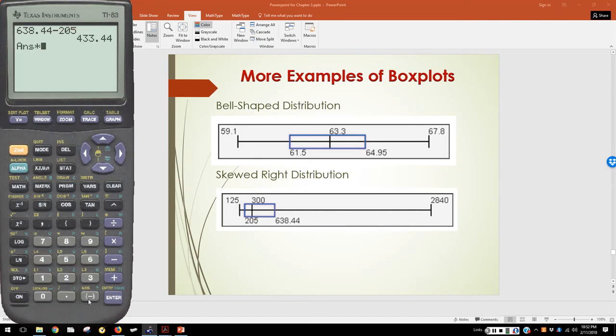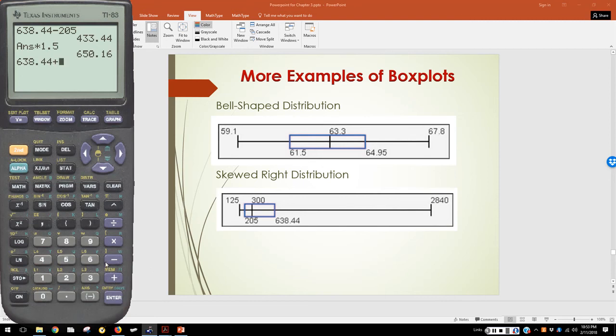I would multiply that times 1.5 because that's part of the formula. And then I add 638.44, the third quartile,